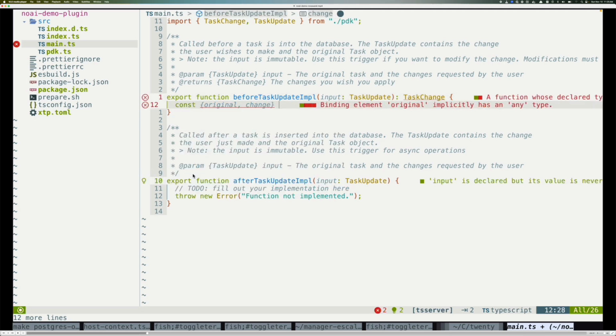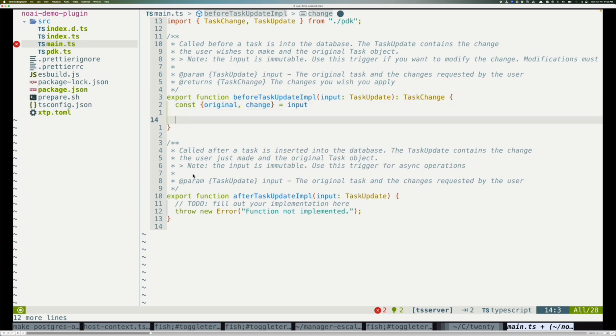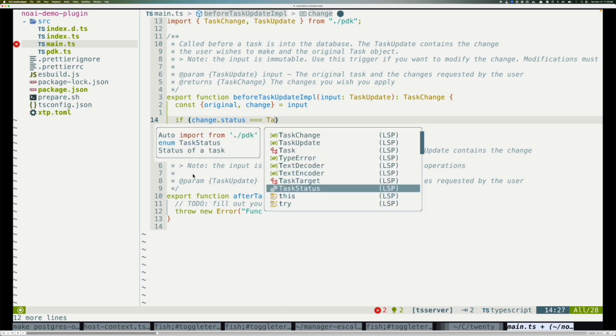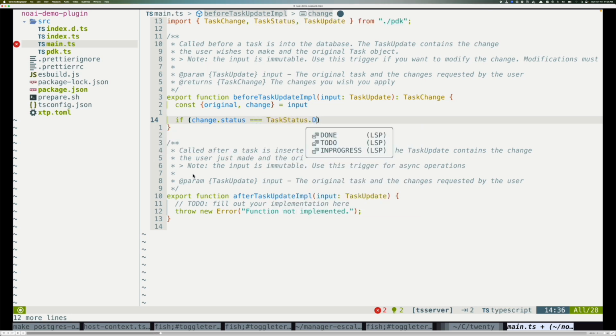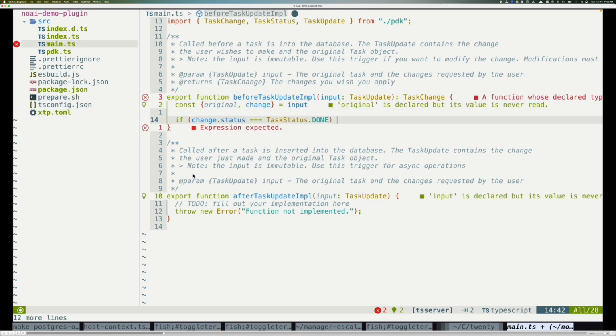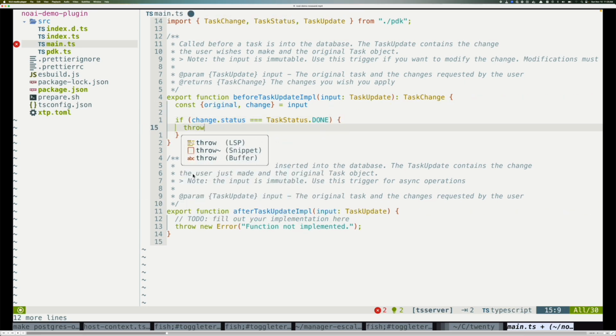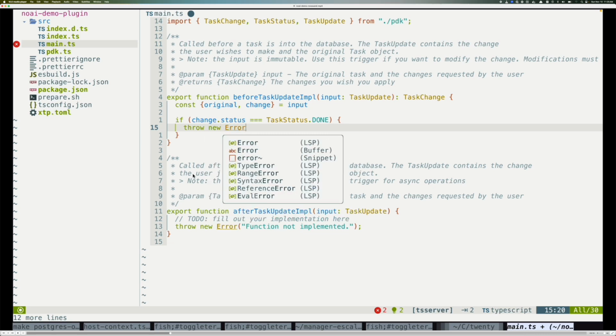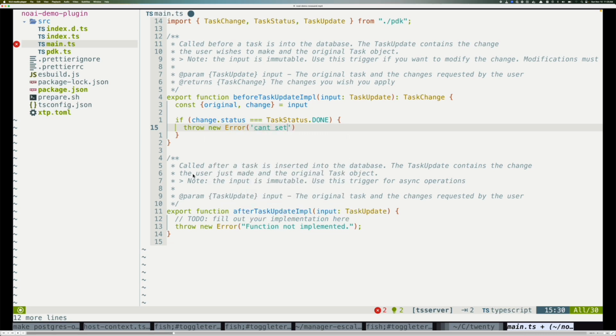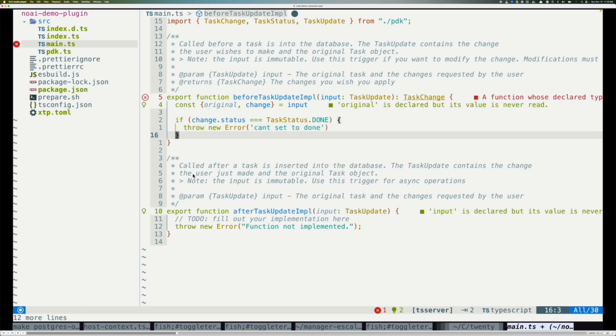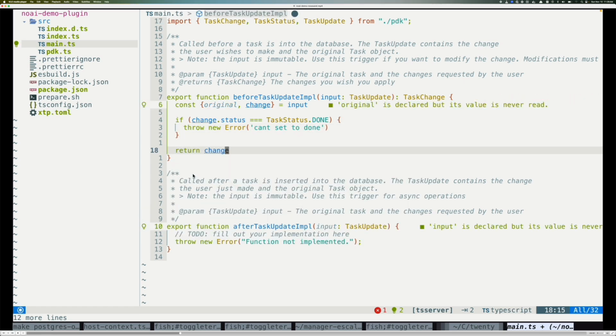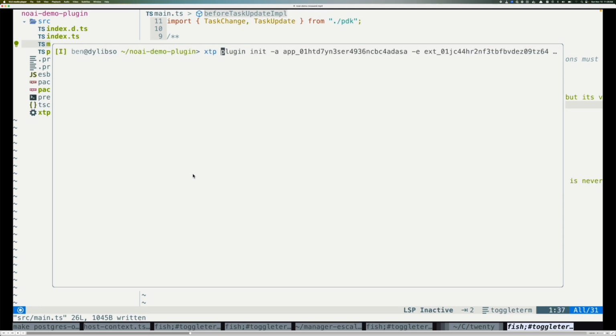So I'm going to write a plugin really quick. What this is going to do is, when someone tries to change the task to done, we're going to throw an error. And what's interesting about this is that it's something you can't really do with APIs, right? We're actually validating the object before it goes into the database, because if your plugin exists on the other side of the network, it's never going to make it in time. So it's really cool that you can hook right into it. This runs in a few milliseconds, and it runs reliably 100% of the time.